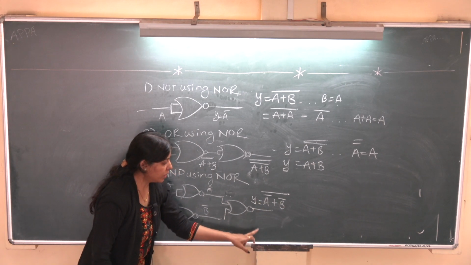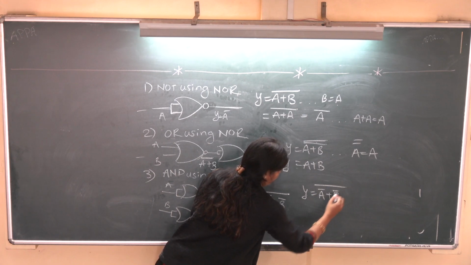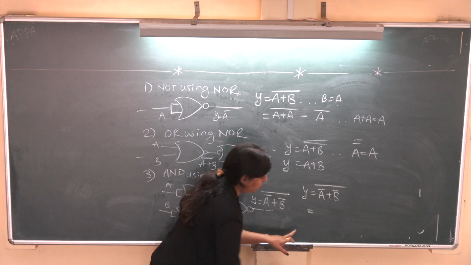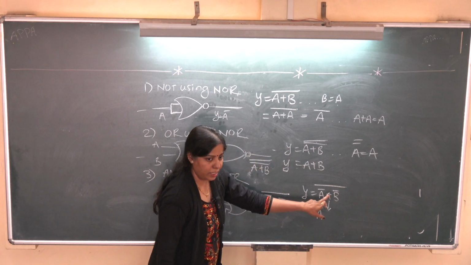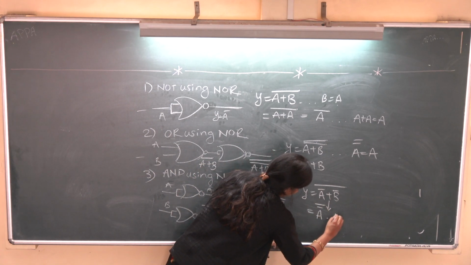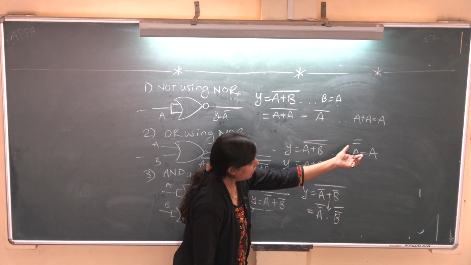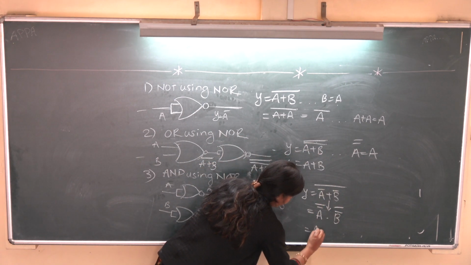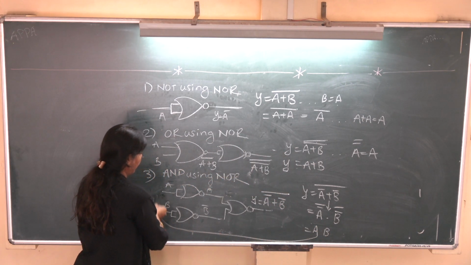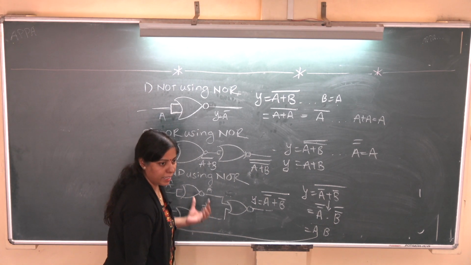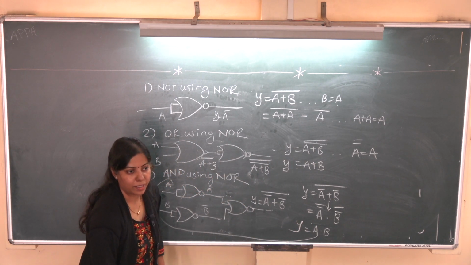Now you have to solve this by using De Morgan's theorem. You have to apply De Morgan's theorem to A bar plus B bar whole bar. So the operator changes, plus becomes into, and it becomes double bar. By using the inversion law, which we have already discussed, it is A into B. So whatever you are getting is an AND gate. AND gate means into, Y is equal to A into B. Okay, thank you.